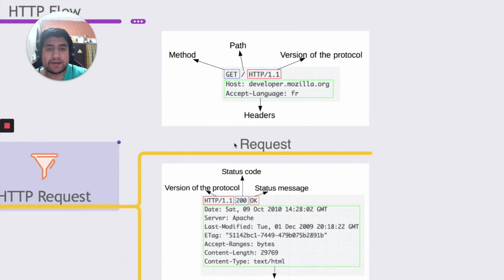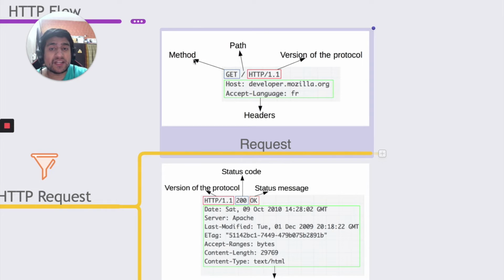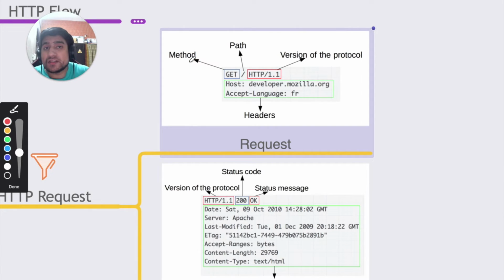So let's understand the previous thing. When we made a request, we used a method called GET. Let me pull up my marker. GET was the method. We have different methods to communicate, and these are the important methods that we need to learn for API testing. Most of the time, about 95% of your time, you will be doing automation with these HTTP methods. We have GET, POST, PUT, PATCH, OPTIONS, DELETE, HEAD, and a couple more, like TRACE and CONNECT, that you can look around at.